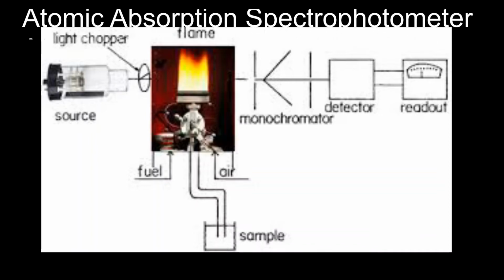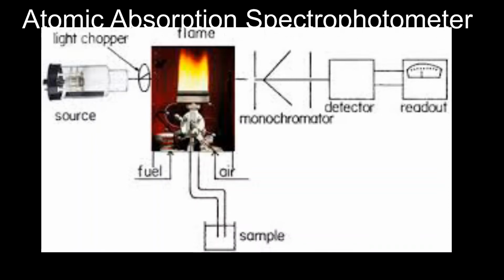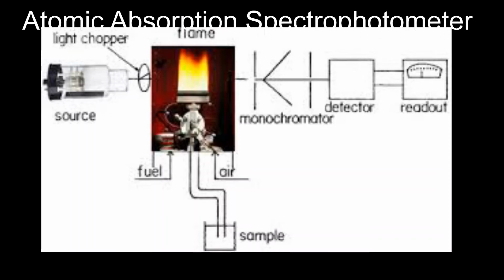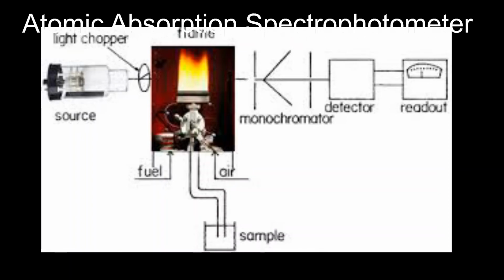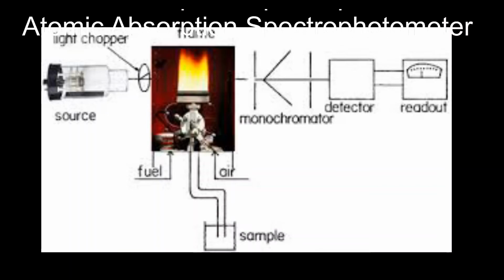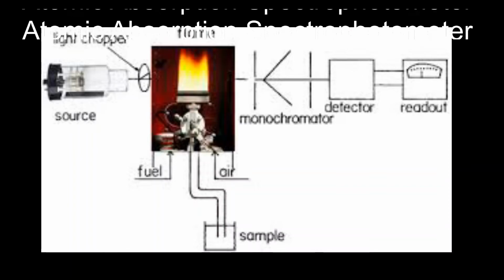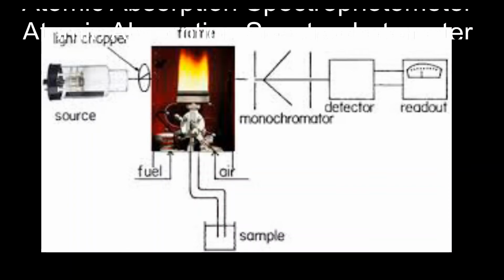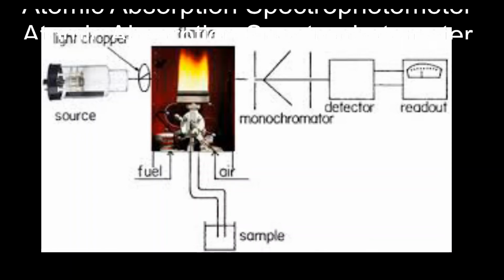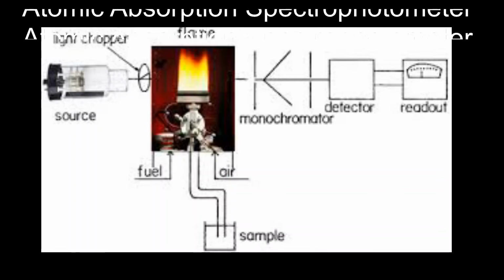The amount of light absorbed by the metal sample is given by the difference in the intensities of the transmitted light in the absence and presence of the metal atoms or sample. This difference in intensities is measured as the difference in the electric current produced at the photocathode of the photomultiplier tube before and after the introduction of the sample into the flame. The concentration of the metal ions can be estimated using Beer-Lambert's law, that is absorbance is equal to epsilon C into L.